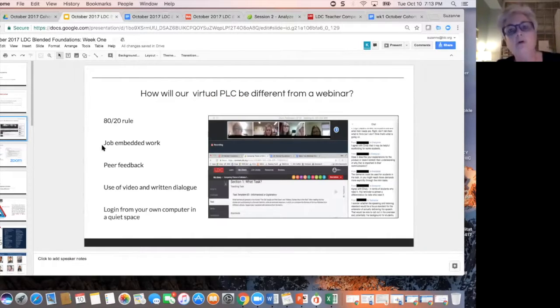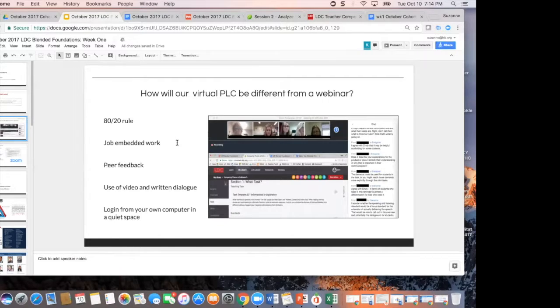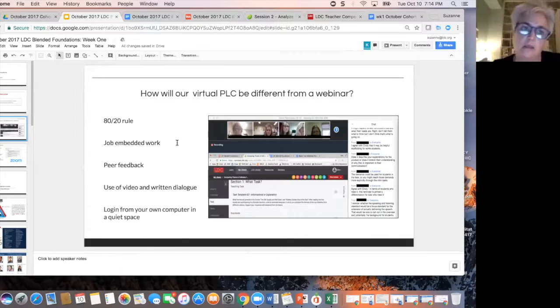As you know, if you heard the orientation last week, we're really going to try to figure out how to make the work you do in here the work you do as either a coach or a teacher. That's a combination of writing and working on LDC tasks, assignments, instructional plans, as well as giving feedback to each other and to other people. So we're going to try to make this course really support your workflow in doing some of that